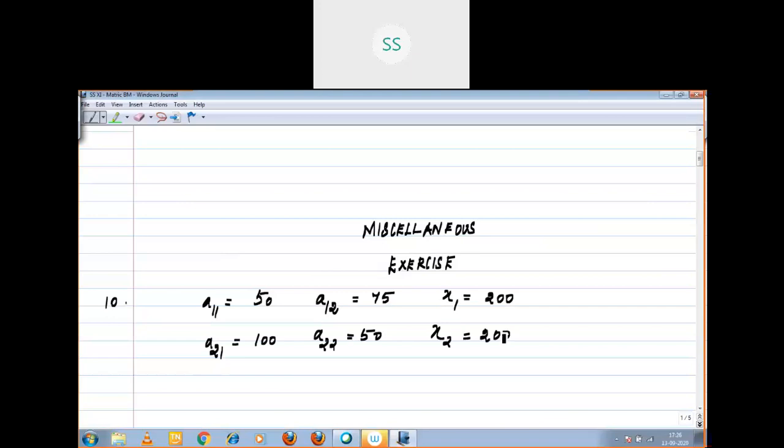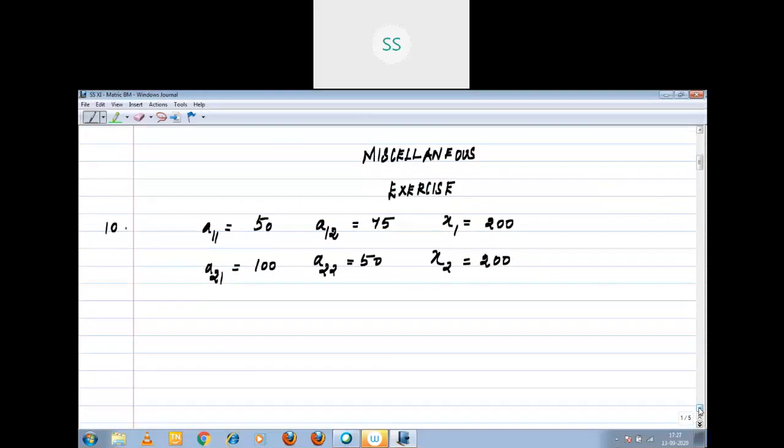From the tabular column, these are the things we need to collect. Using this, we want to find the technology matrix. If we find the technology matrix, only then can we move to the next conditions of Hawkins-Simon. If Hawkins-Simon is viable, only then does the system have a solution. Viable in the sense that I minus B main diagonal elements and determinant of I minus B are both positive.